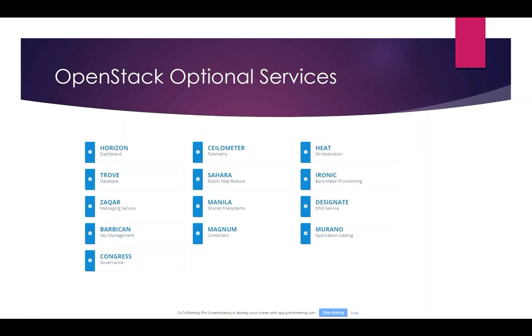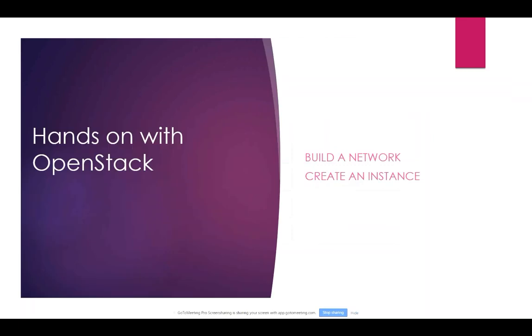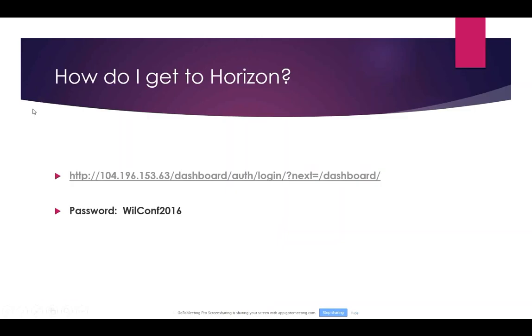So that is kind of an overview of the different services that OpenStack has. Let's go ahead and build a network and create an instance with OpenStack. So let's go to the GUI. In order to get to the GUI, you can copy this and cut and paste it into your browser, and also make a note of the password,